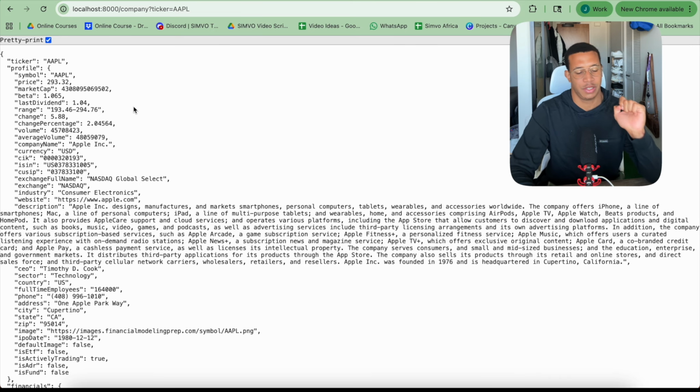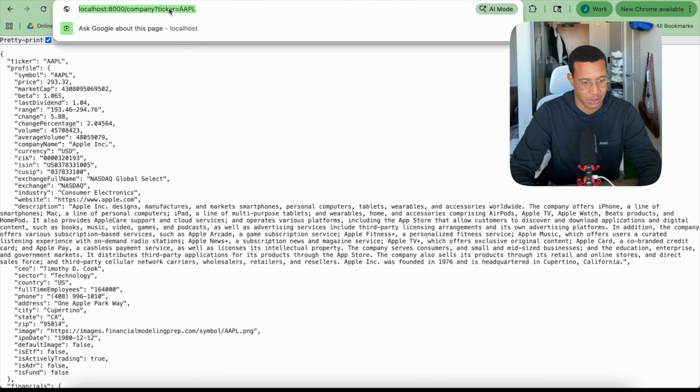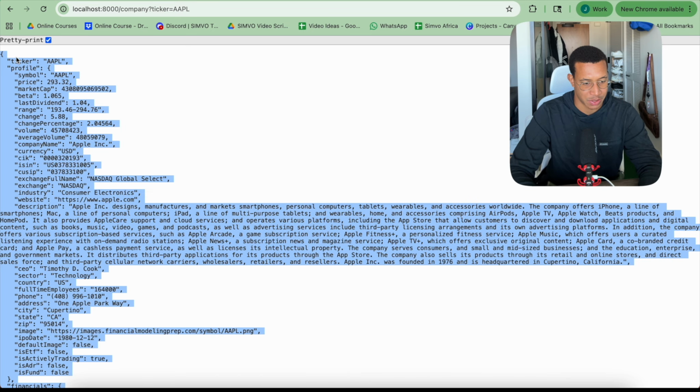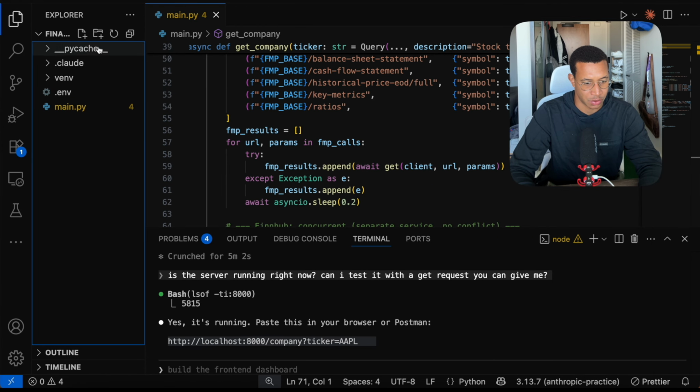Now we have all of the assembled data. Right, so that's basically those 10 API requests coalesce into one single request. And now we are going to have enough data to basically build a front end around this. So what I'm going to do right now is I'm going to save all this and I'm going to do